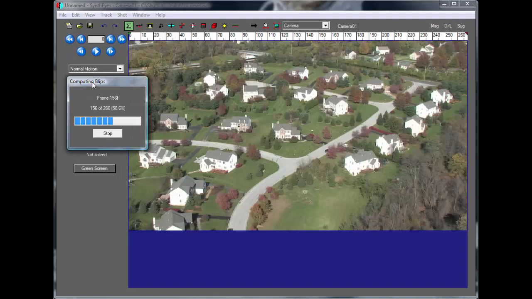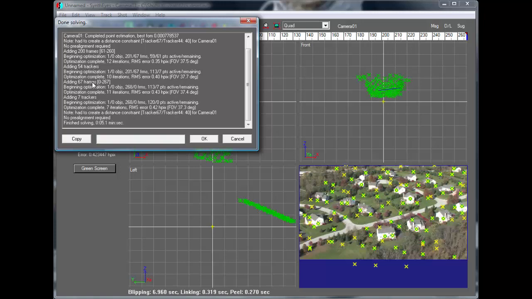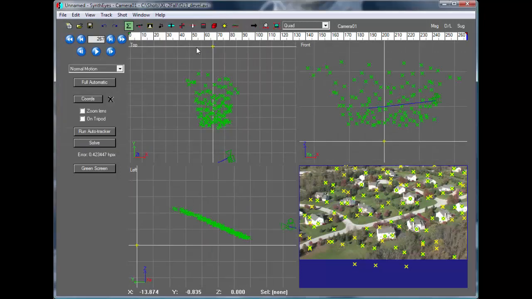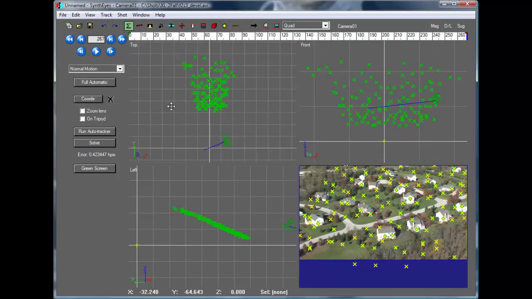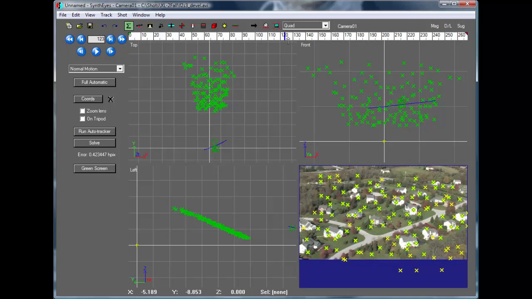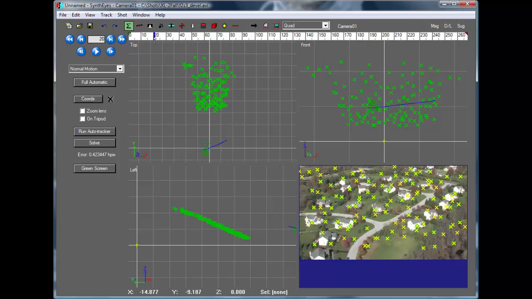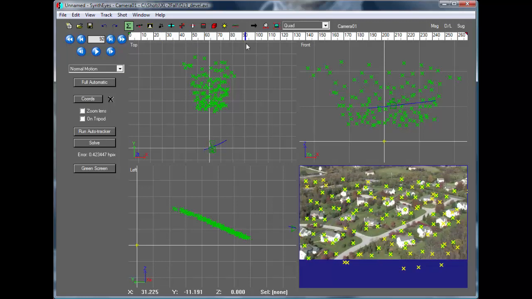By doing this, the stabilization is going to be able to use the full 3D location of the points, which are a lot more accurate than any individual 2D frame feature. And it also has the field of view of the camera, which lets it do accurate stabilization and get the keystoning correction exactly correct. So you can see our solution is done, and we could do a 3D insert at this point, but instead